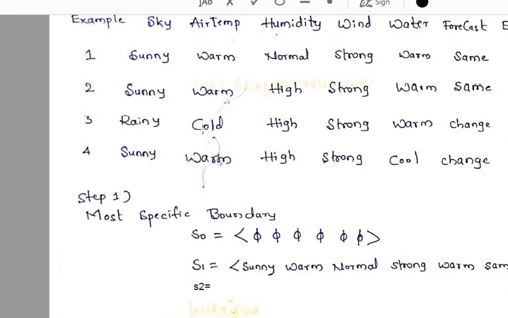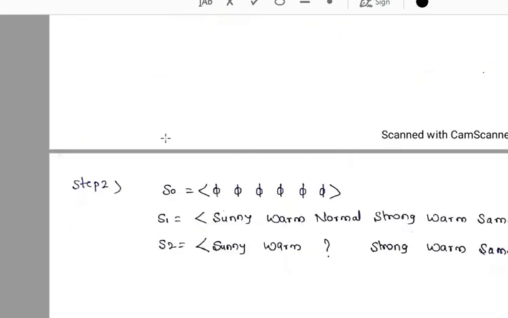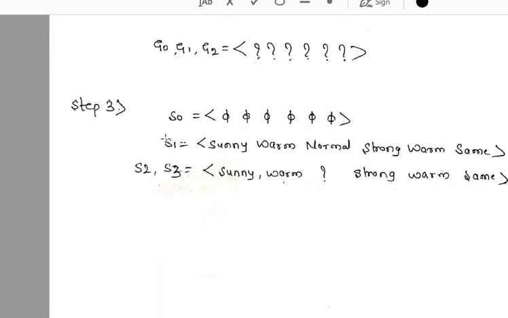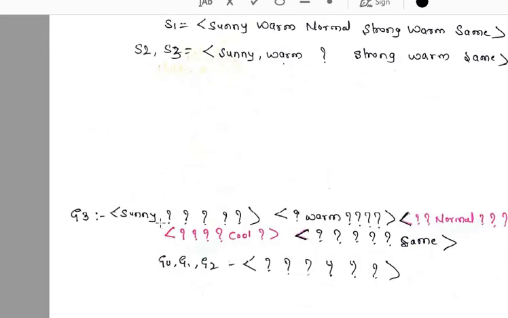So for rainy it is classifying negatively. For which value will it classify positively? Definitely it is the opposite of rainy, right? So the opposite of rainy is sunny, so that value you have to write. So as you can see here, the first value is sunny. Next, all other values we will take one by one, attribute values. So all other 5 are question mark. Next, sunny is over, now put question mark.